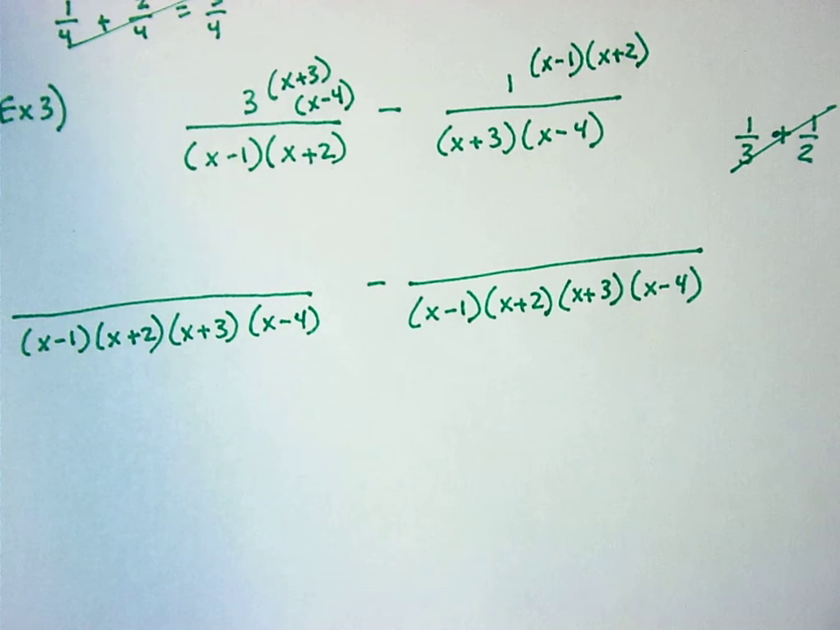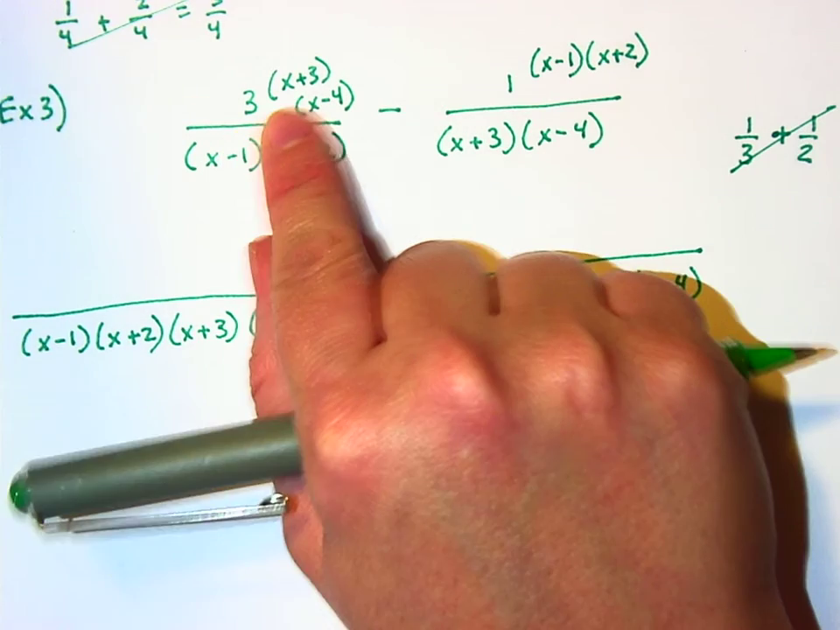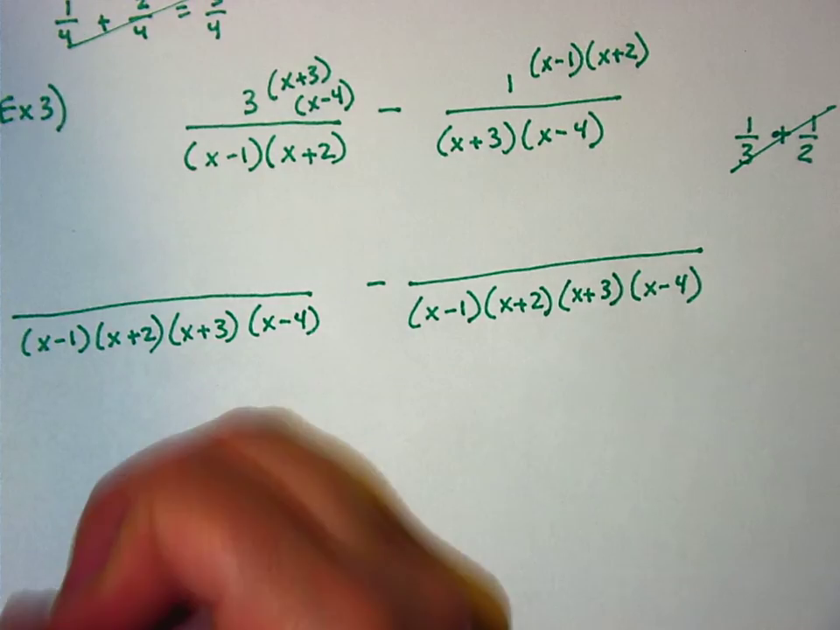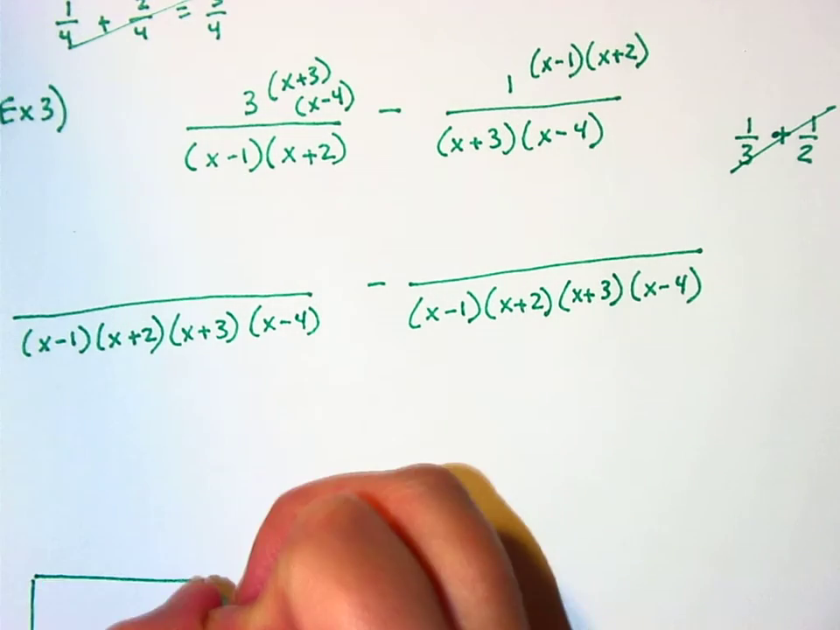In these types of problems, it's generally accepted that it's okay to leave the bottom in all those parentheses, but it's not okay to leave the top in all of those parentheses. So we're going to have to multiply it out to figure out what it is. So for this one, we're going to take 3 times x plus 3 times x minus 4. So on the bottom here, I'm going to do